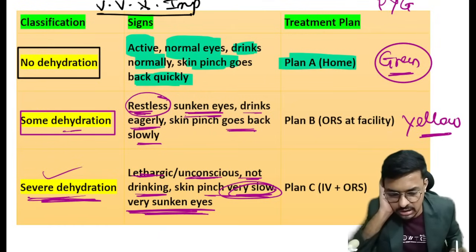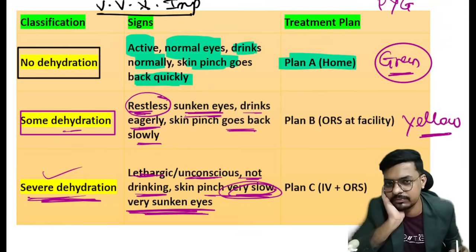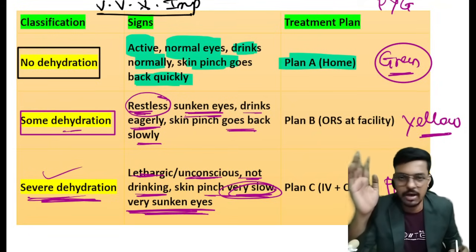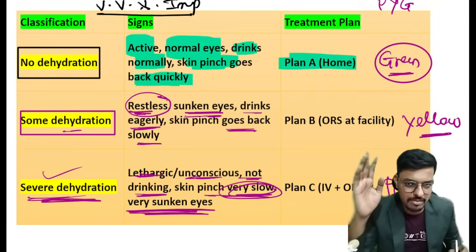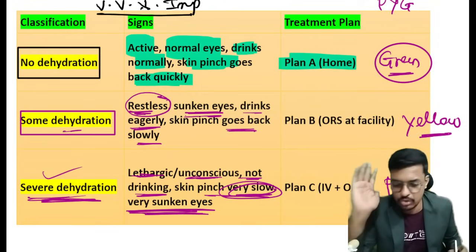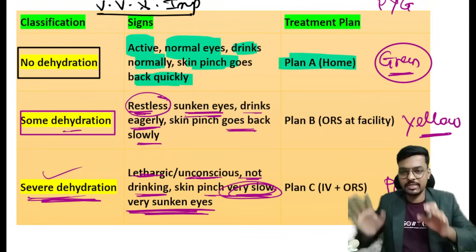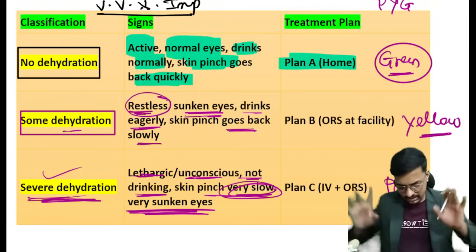Please consider and grasp the question in the exam. The examiner will give: which of the following is not a part of the IMNCI color coding, and in the options he will give red. People will think red is dangerous, so we will consider it for severe dehydration. No, pink is dangerous here. Red is not a part of our IMNCI criteria. Red is the category we consider in the disaster color coding. I will discuss that also, don't worry. So the color coding is PYG, pig: pink, yellow, green. Pink is severe dehydration, yellow is some dehydration, and green is no dehydration.